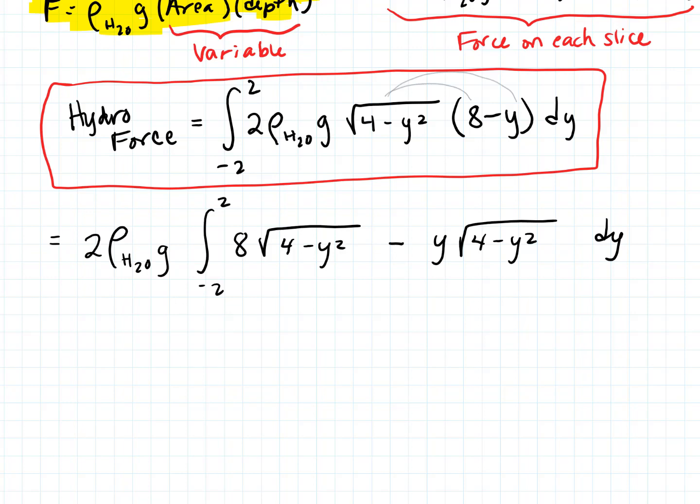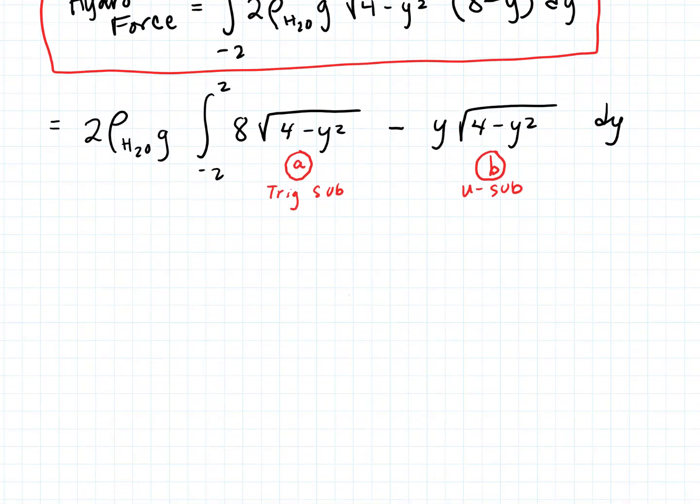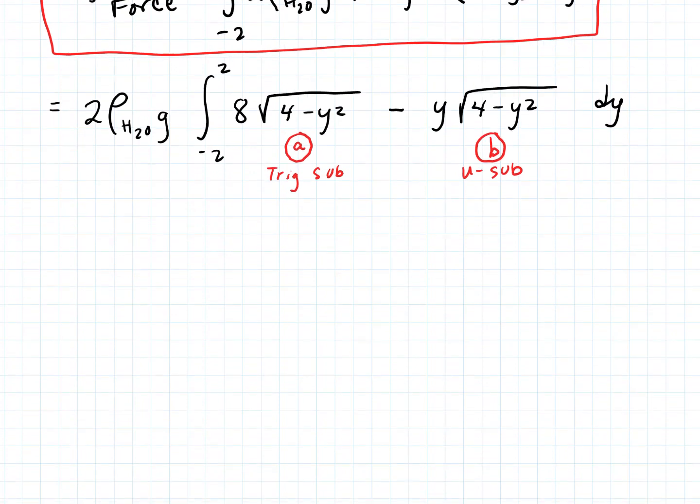And this actually requires 2 different integration techniques. I want to talk about a couple of options for calculating A, and we can also calculate B as well. It does end up being 2 different integration techniques, even without looking at the bounds. Based on its form, the first one would be a trig sub, and the second one would be a u sub. So following our protocol for how we integrate based on form, we do a trig sub